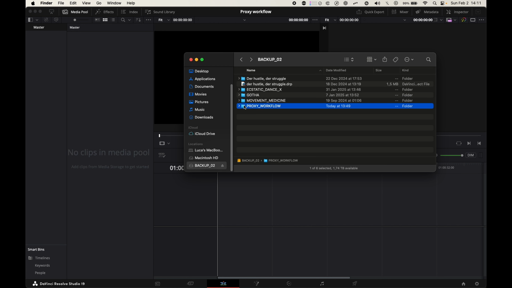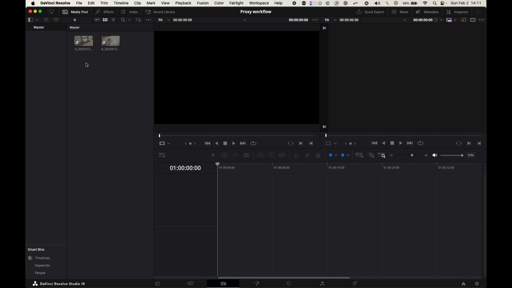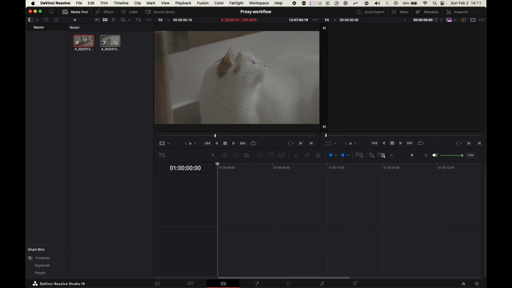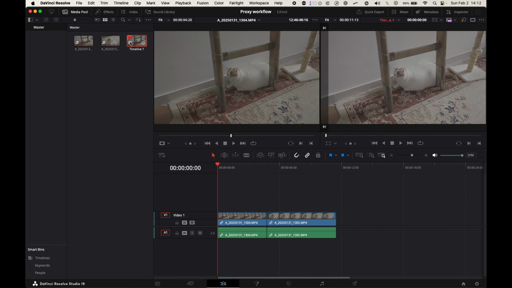If I go here, I have this folder called Proxy Workflow, and inside I have my original camera file, and here I have a proxy generated inside the camera. So if I import my footage, I can import into the media pool, but I can import directly to the edit page. You can see that I have these 2 clips that are shot in S-Log3. If I highlight these 2 clips and I create a new timeline using selected clips, I can create a timeline